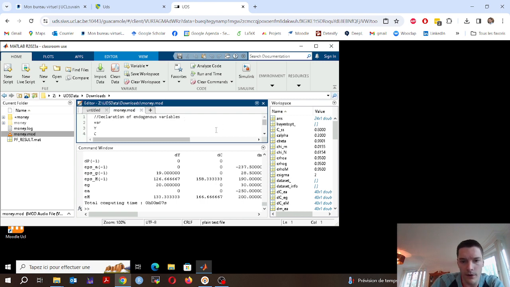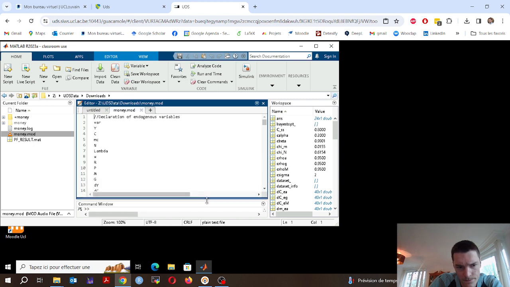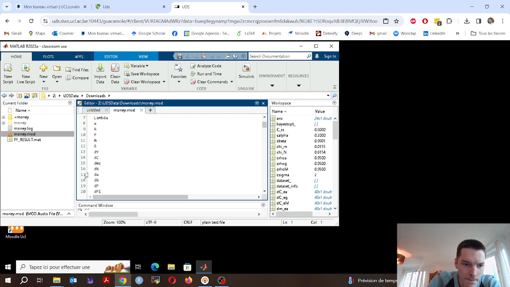Yep, so here you have basically the script that we just executed. You always have a first block where you define, after the command var, all the variables that you use. You see, here it's output, consumption, but you can call them how you want. But I think it's easier when you use the classic letters: the marginal cost, the labor, the lambda that is basically the marginal utility of consumption, the wage, etc. Here the professor also likes to directly define the growth rate, that is d plus the variable. That is not compulsory for